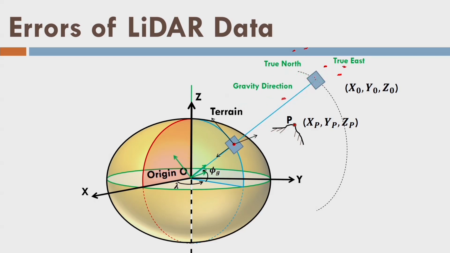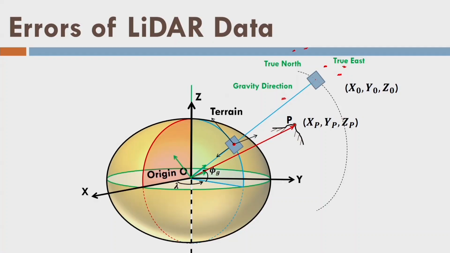So, I got the coordinates of point P with respect to this reference frame, which is green but located at the geocenter. And what is the purpose of this? We want to analyze the errors in the green reference frame located at the geocenter. For each and every point, this reference frame will be changing, because for each point we have different trajectory points, and each trajectory point has a different direction of true north, true east, and gravity. So, by that I can analyze the data in a true manner.